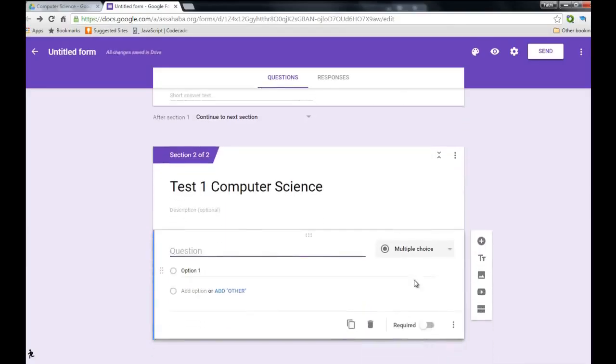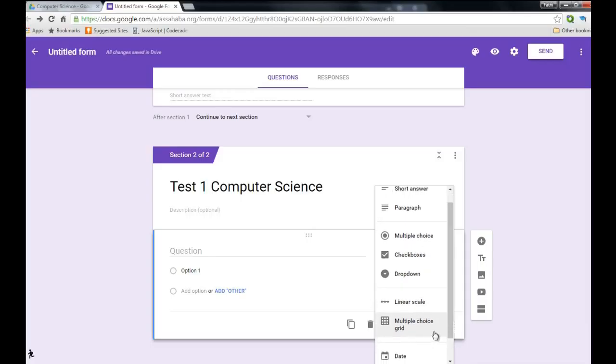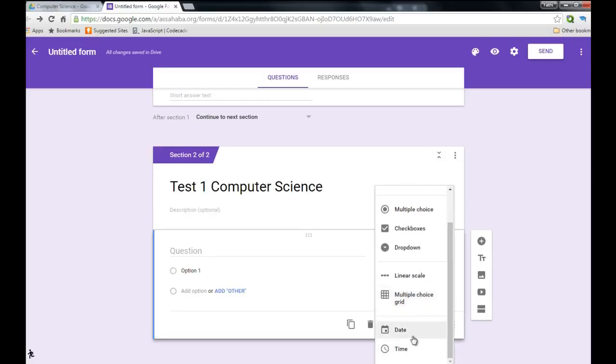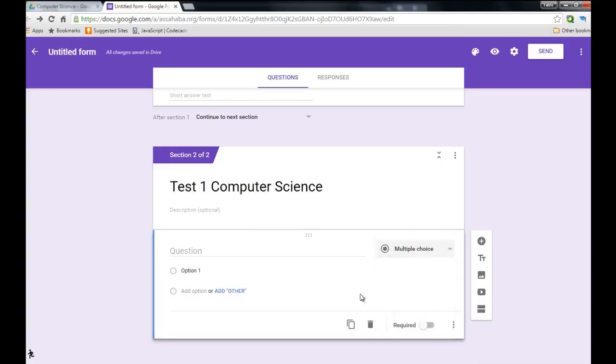Here I have all these options. If I want the student to answer, just to pick one answer, okay, I use this, the multiple choice. I have checkboxes, drop down. I have grids, which you can use for when you take a review and stuff like that. I can add dates, a calendar. I can do a lot of things. Okay, I can put paragraphs. So what I'm gonna do, I'm gonna say multiple choice, keep the default, and I'm gonna ask a question and say